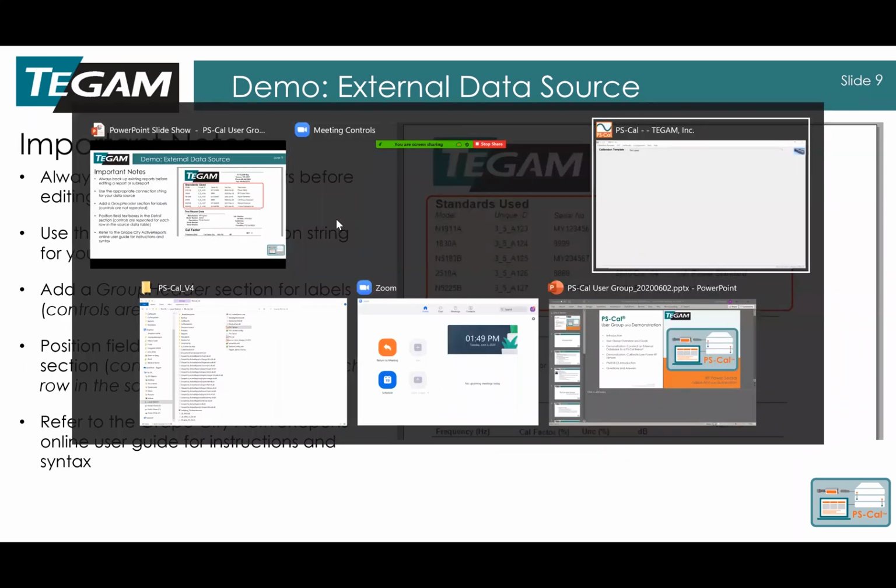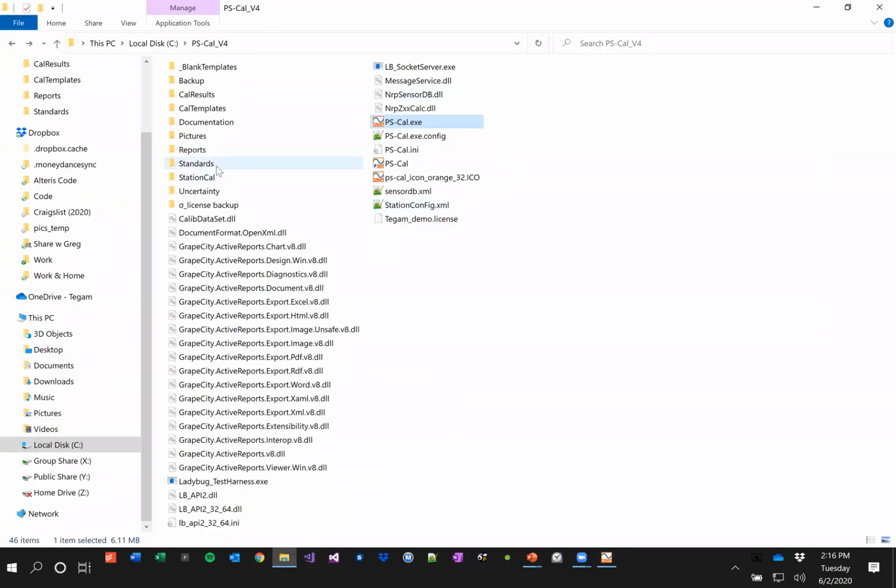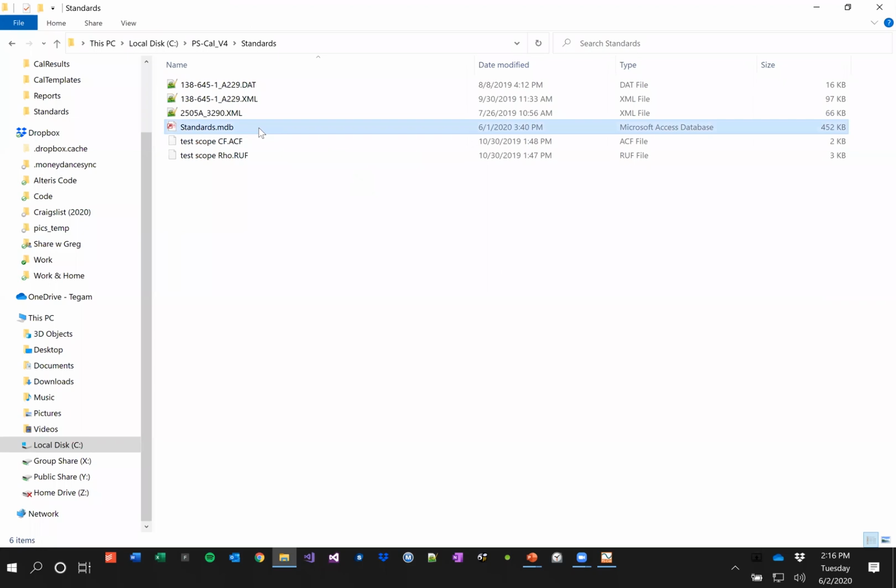So we will go ahead and move into a demonstration of how to make this work. You can see I've switched screens here, and we are inside PSCal right now. We don't have any template loaded or anything like that, and we don't need to for this particular issue. I also want to take a moment and show you that in the PSCal root directory, I have an MDB